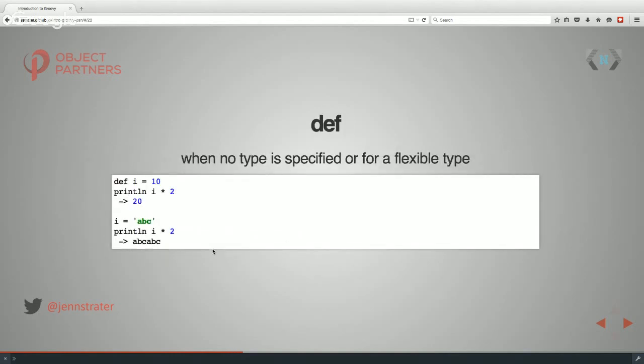Okay, so the next thing we're talking about is this optional typing. You get def, or you might be familiar with var if you've used something similar in another language. It's what you use when you don't want to specify a type, or you can use it for flexible typing too. You can see where this might be useful in polymorphism, to pass in multiple different types of things and then run some command on it.